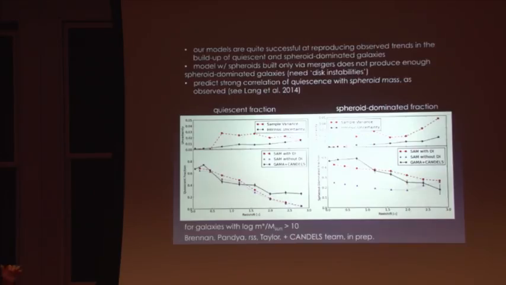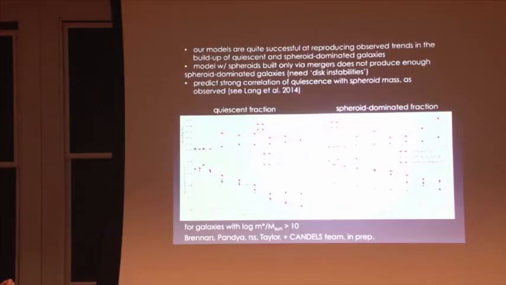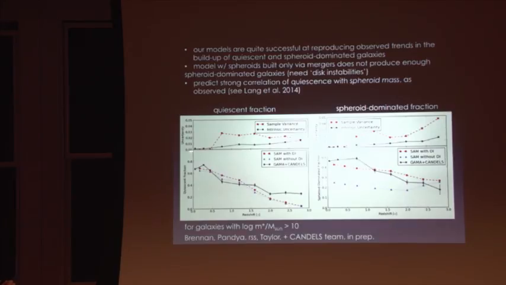And we're using our results from CANDELS. So these are hot off the press observational results to ask what's the fraction of galaxies that are quiescent, so those quenched galaxies, over time, and what's the fraction of galaxies that are spheroid dominated, so that are dominated by their bulges or their spheroids. So the black line here is the measurement from CANDELS at high redshift, and at low redshift we use the GAMA survey, which has a large volume. And then these two lines here are the predictions of our semi-analytic models.